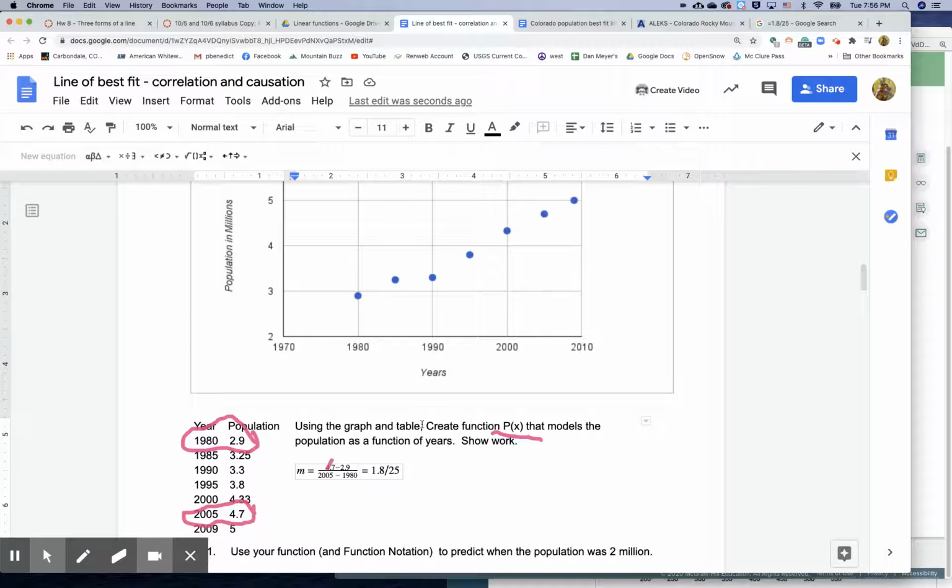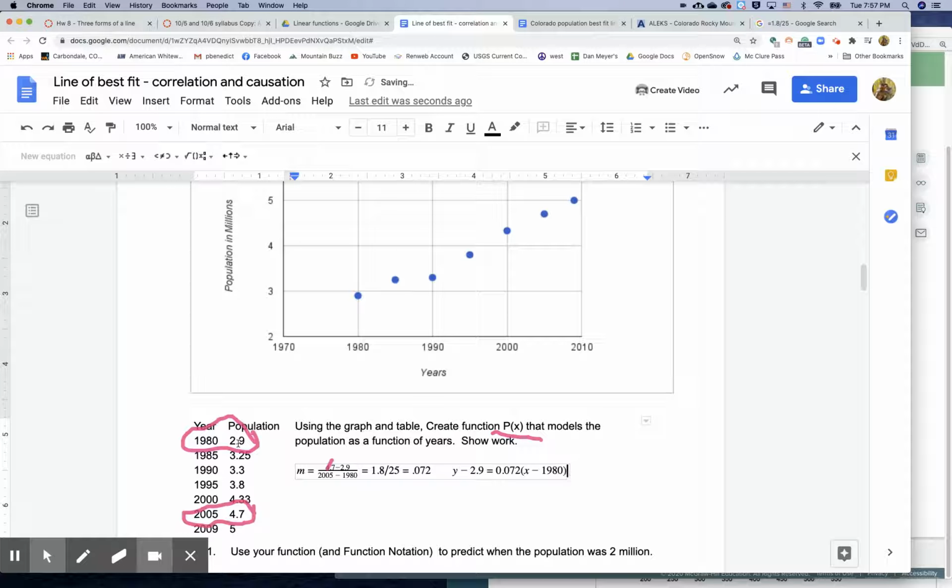Now, anytime you're using real world data, then we want to go ahead and use decimals, because that's what decimals were invented for. Anyway, so there's my slope. Now, I have a couple of points, and I can go ahead and write my equation in point slope form. And so I can say y minus 2.9, I'm going to use the first point, equals 0.072 parentheses x minus